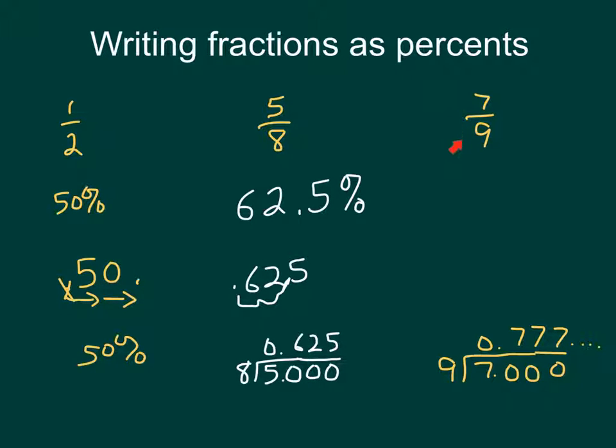So in this one here, 7/9, when I divide that out, I get 0.7 repeating. So there's my decimal, 0.7 repeating. I'm going to move the decimal 1, 2 places to the right, and then typically it'll say round to the nearest, and it might give us tenths or hundredths. So if it just said round to the nearest tenth, I would have 77 point, now to round to the nearest tenth, it's going to be right here, and I know it's a 7 here. I'm going to round that up then to 8,